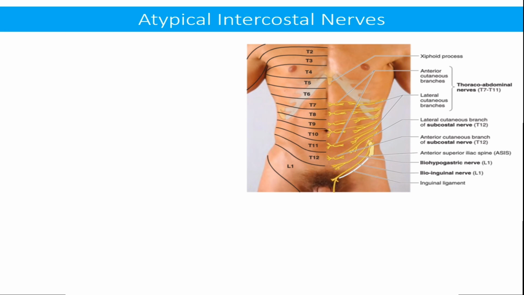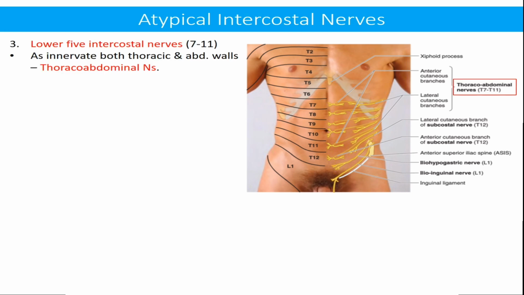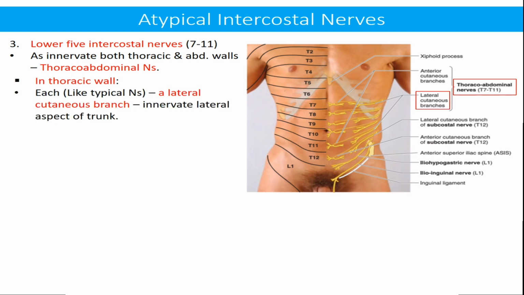Third component of the atypical intercostal nerves comprises the lower 5 intercostal nerves, that is the 7th to 11th pair of intercostal nerves. As these nerves innervate not only the thoracic but also the abdominal wall, they are named thoraco-abdominal nerves. In the thoracic wall, in each space, each nerve behaves like a typical intercostal nerve, and gives a lateral cutaneous branch which divides into anterior and posterior branches and innervates the lateral